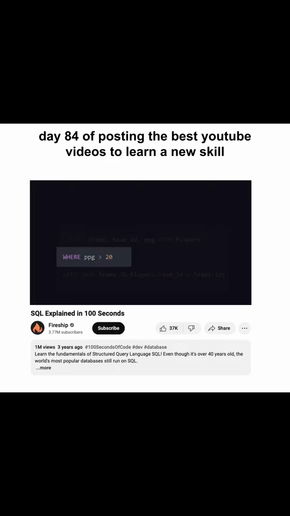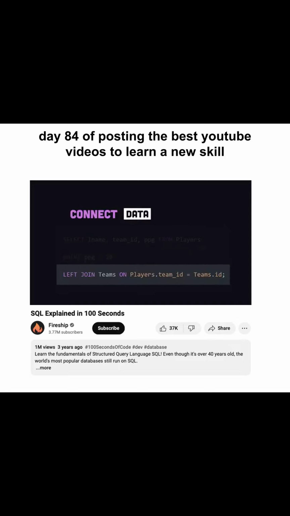But we may not want every row in the table, so we filter the results with the where keyword to only include records that meet a certain condition. It's like looping over every row in the table and only returning rows in the query where the predicate evaluates to true. Then we might use the join keyword to connect data from an entirely different table. By matching